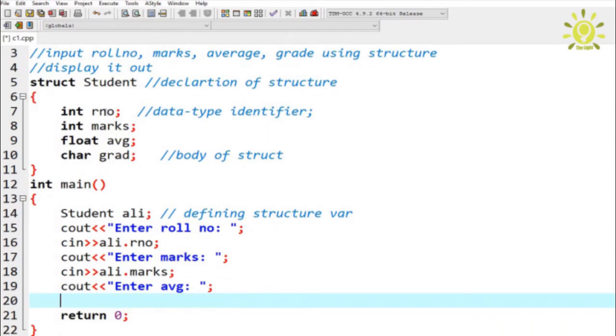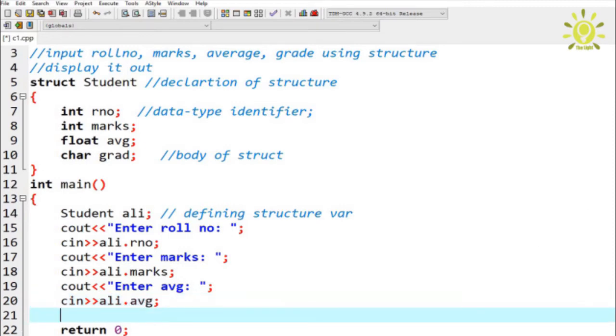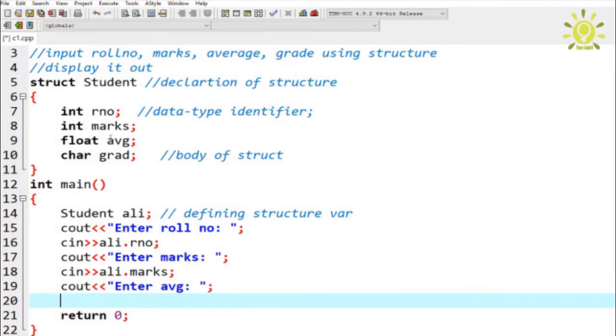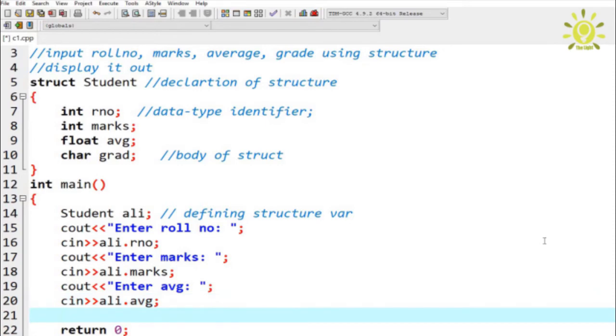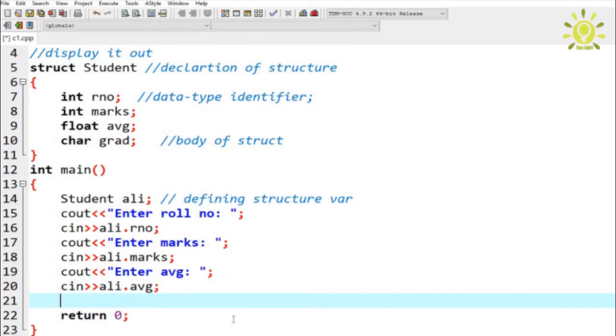Now again, you can see that cin and then ali.avg and terminate this. And now again you can see that cin and then ali.avg and terminate this. And now again cout,